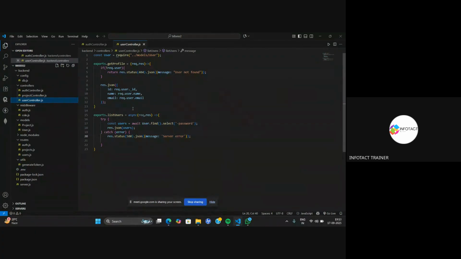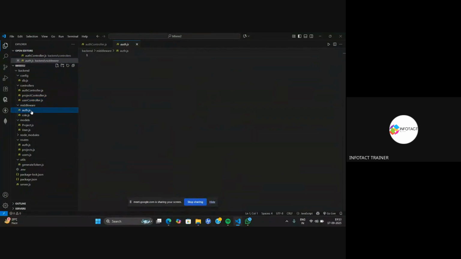Now I am going to my auth.js. Inside this, I am going to verify if the token provided by the user is valid. All right. And after that, I will place one more condition, and that condition will take something in this format. So at first, I will take the JSON web token. Okay. So here I will write const jwt is equal to